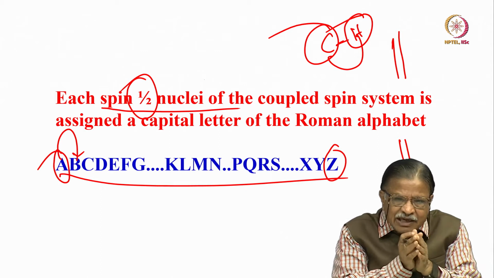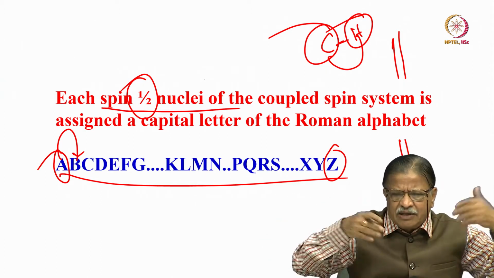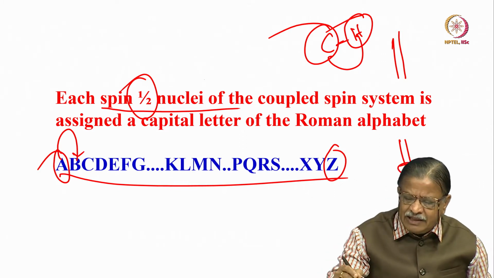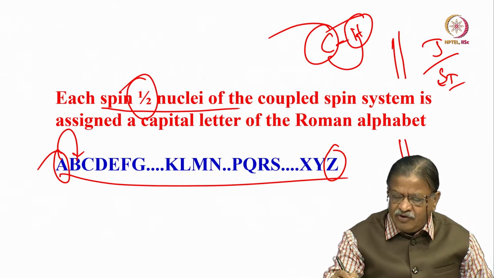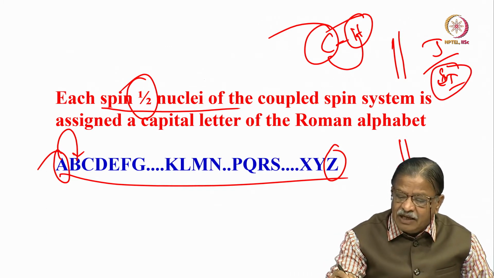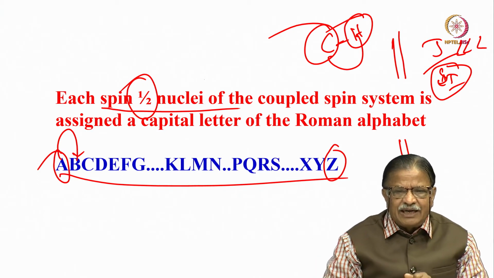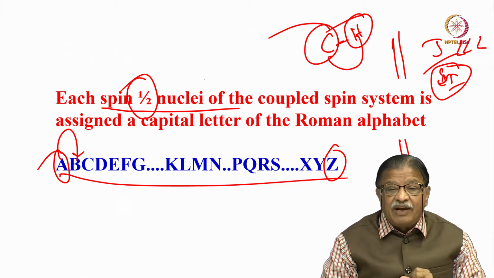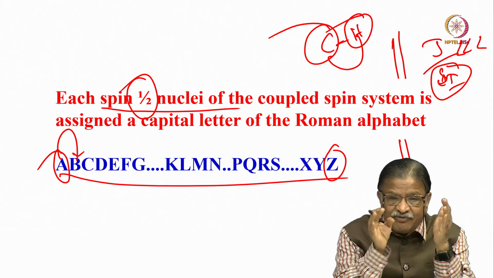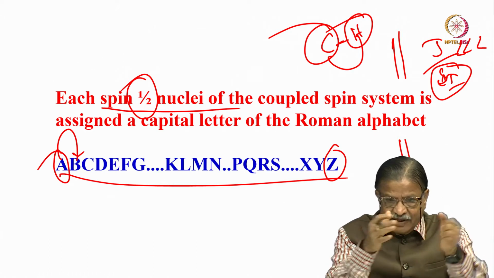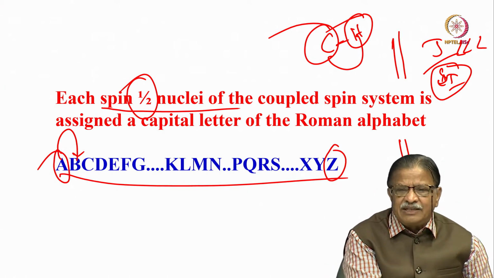Whereas when the chemical shift separation is far away compared to the coupling constant, some 50 times, 100 times difference, you take the ratio of the scalar coupling over the chemical shift difference. This value is very small, 0.001 like that. Such spin systems are weakly coupled, and they give us a first order spectrum which is amenable to easy analysis. Straightforward analysis is possible. That is what we did for all the spectra we took as examples.